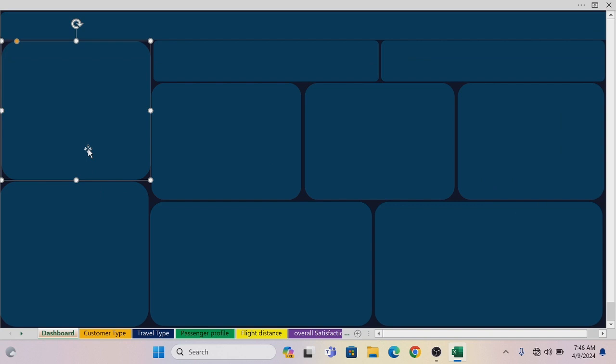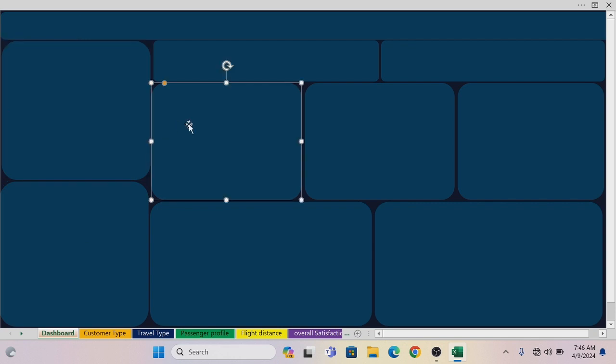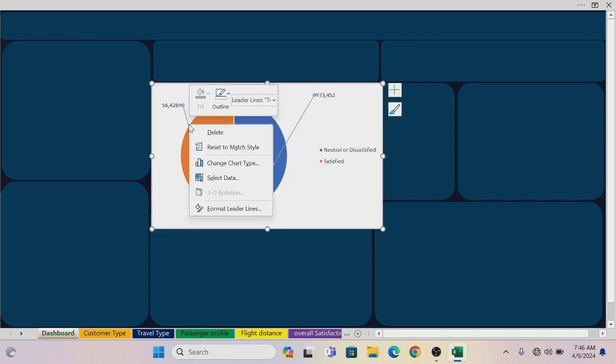Okay, so this is what we have. So let's start inputting our shapes. The first chart we are going to bring in is overall satisfaction. Click on overall satisfaction, click on this, Ctrl C, take it back to your dashboard, place it on the first template, Ctrl V, right click,